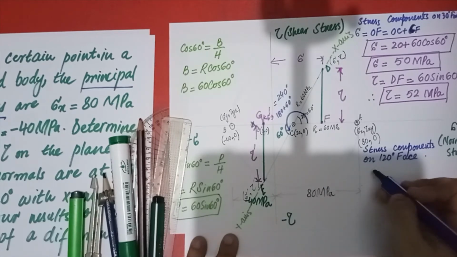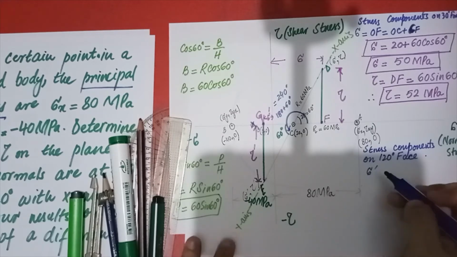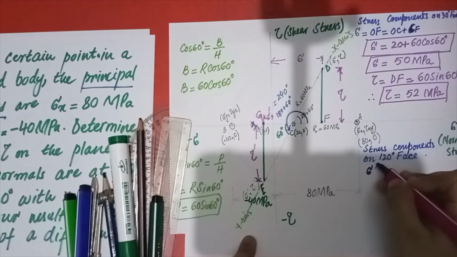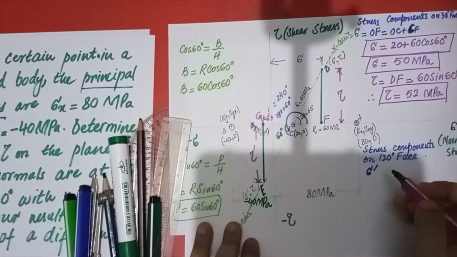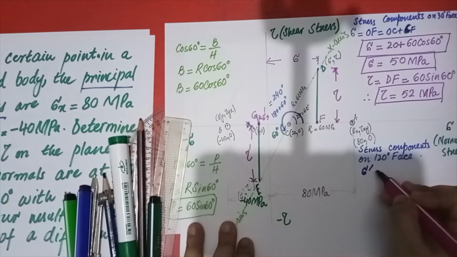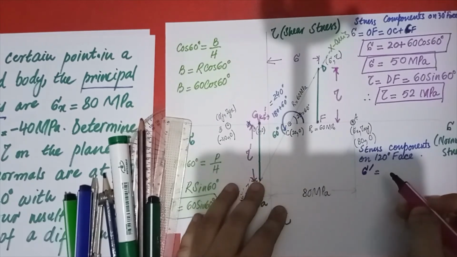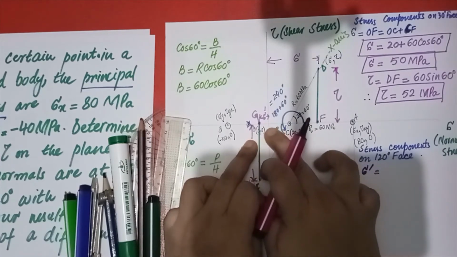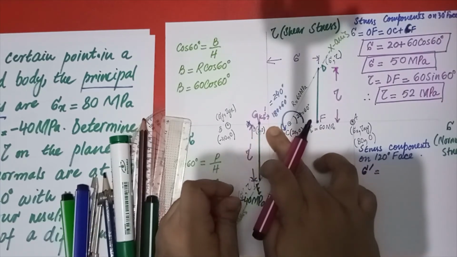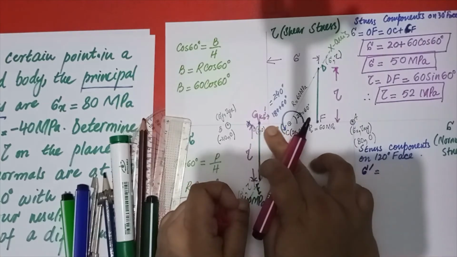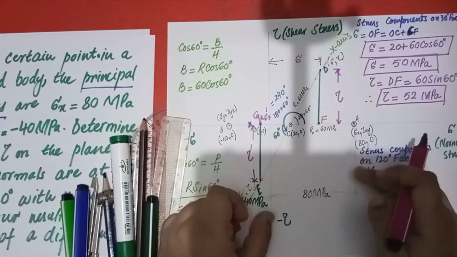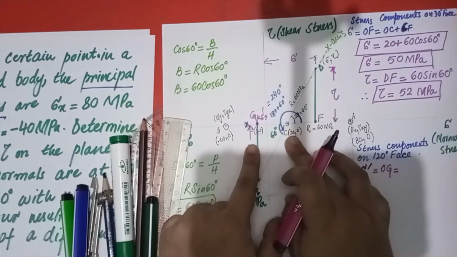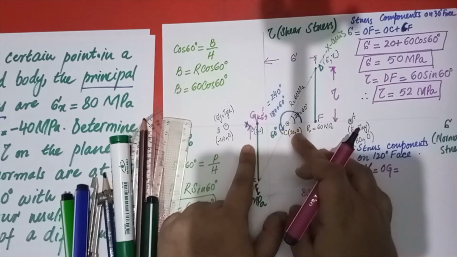Now what you have to do? Sigma dash. Sigma dash is equal to how much? This is not sigma, this is your origin. Origin is this one. So you need to know the O to G value. So sigma dash is equal to O to G. So I should write down OG is equal to, so what I have to do, I have to